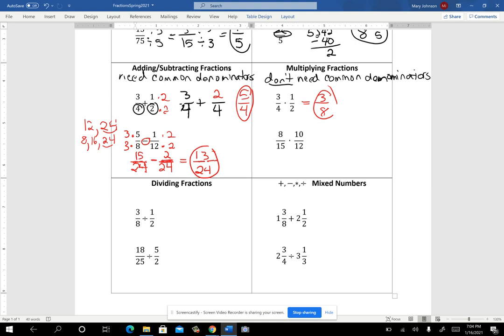And then on this one, one way to do it is to just multiply straight across. I'd get 80. Down on the bottom, I'd have 15 times 12. So what is that? 120, 180. Okay. And then I could divide. I know I could divide by 10. That would knock off the 0. That would get me to